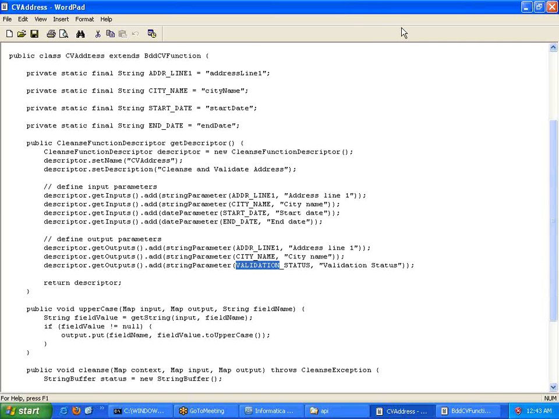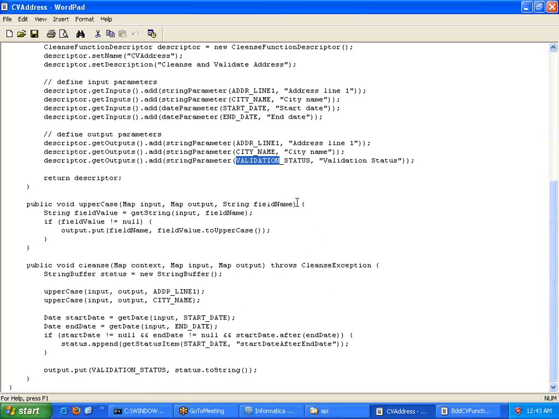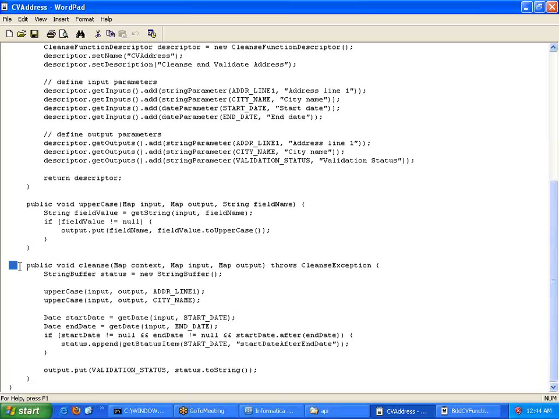Now the next thing we need to understand is how we are going to populate values to these output ports, namely address line 1, city name, and validation status. To do that, we use a class method, where we need to implement this new functionality. You can see here uppercase, remember.